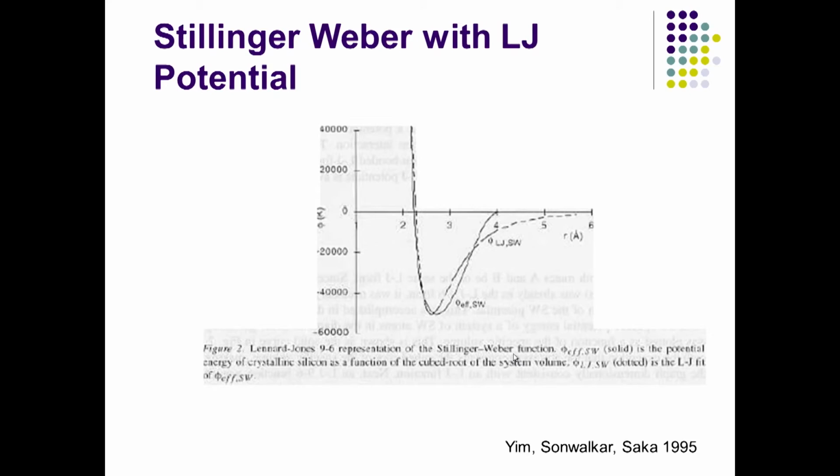So, now combining the silicon potential, which is Stillinger-Weber, and this potential that we designed for this particular interface, we are now able to calculate. So, now let us look at the Stillinger-Weber with the Lennard-Jones model. If you look at carbon-carbon, it shows 9-6 in this case. So, instead of the 12-6 potential that we have been using, 1 over r to the power 12, in this case we are going to use 1 over r to the power 9 for repulsion. So, it is a softer repulsion because it is hydrocarbon. Now you can see how the experimental data and our data compare. It looks like it has a very good match.